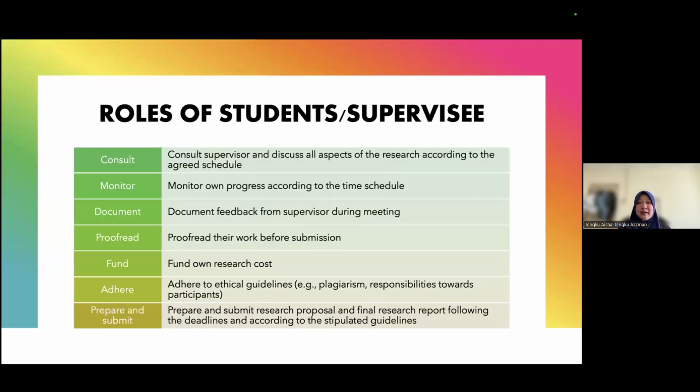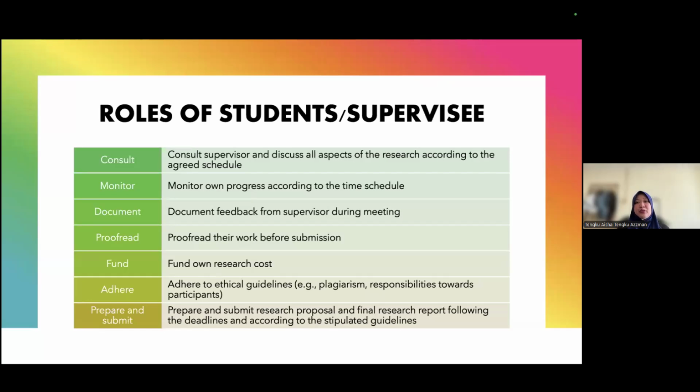So again, on the other hand, students should also consult the supervisor. Sometimes they go missing, like I said, they go AWOL. They don't discuss aspects of research. And for problematic students, sometimes we are concerned that they are engaging in academic misconduct, such as data manipulation, or using ChatGPT only. So these are some of the challenges. So when your students consult and follow the time schedule, there is less room for manipulation. So again, students should also give time for supervisors to look at the drafts.